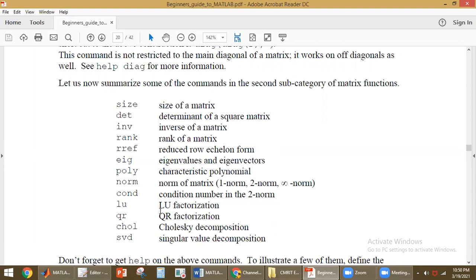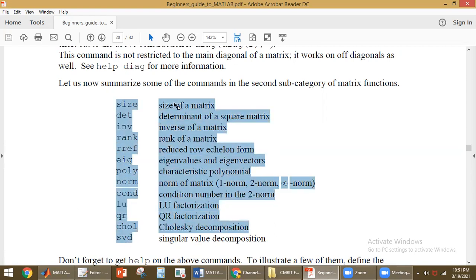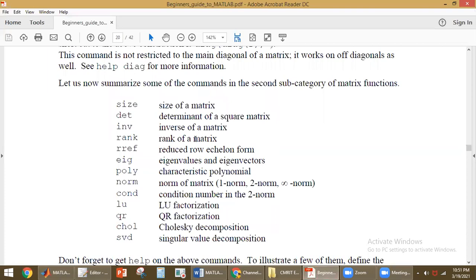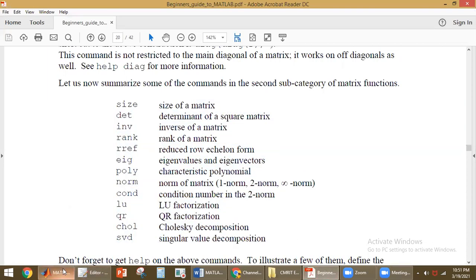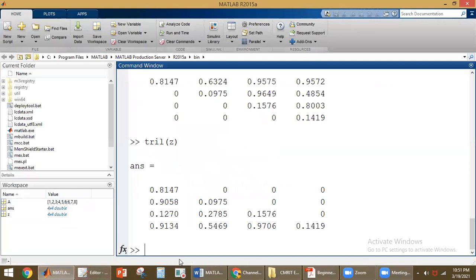LU will give you LU factorization, QR will give you QR factorization, CHOL gives you Cholesky decomposition, and SVD will give you singular value decomposition. These are the built-in functions in MATLAB. This will give you the corresponding values, whatever is defined here. Now we'll see the applications of this in MATLAB, how we will be operating this in MATLAB.